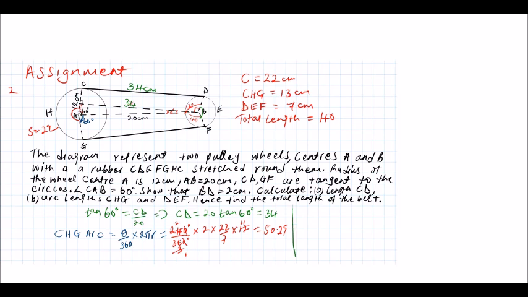So just like we have done here, we say DEF arc is equal to 120 divided by 360. These are degrees. Multiply by 2, multiply by 22 over 7, multiply by r. We need the radius of this circle,